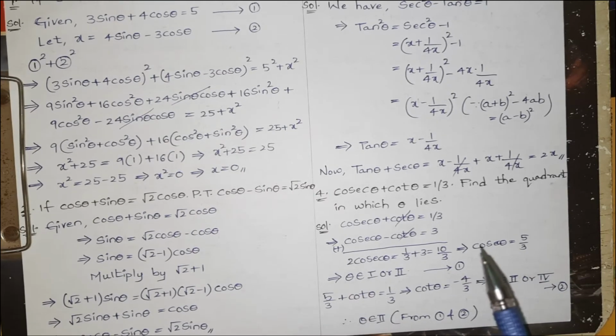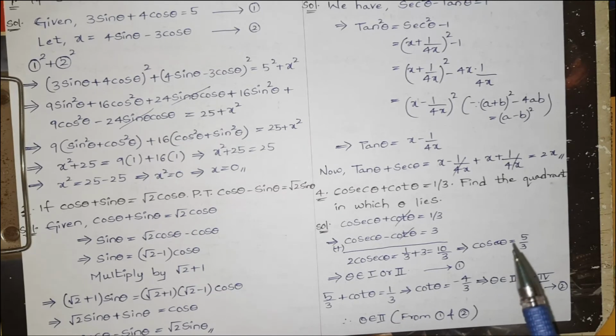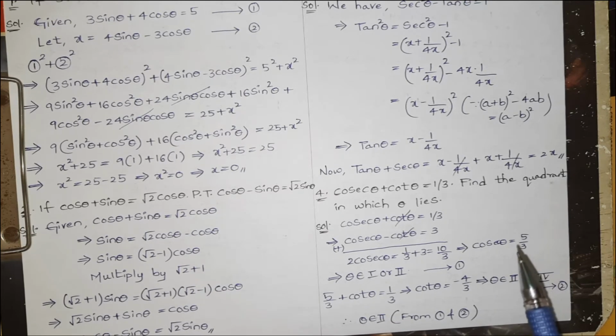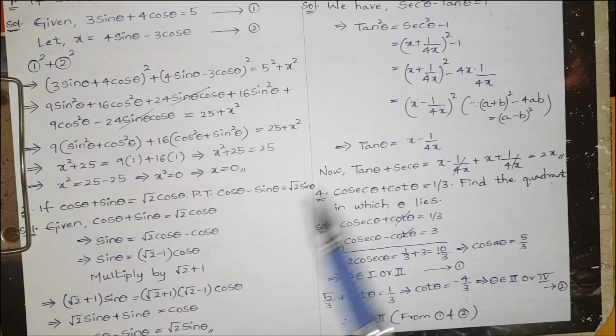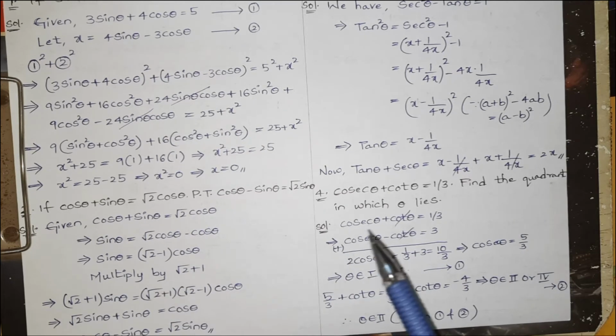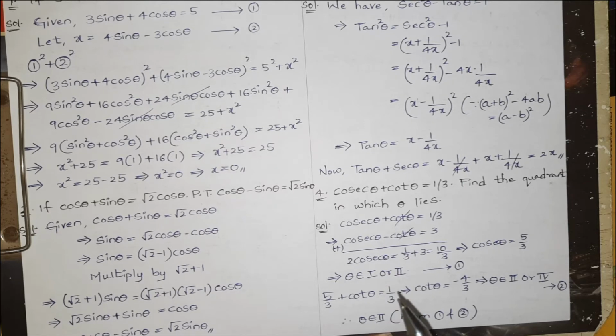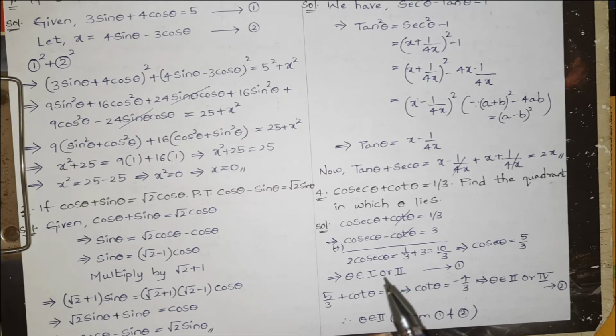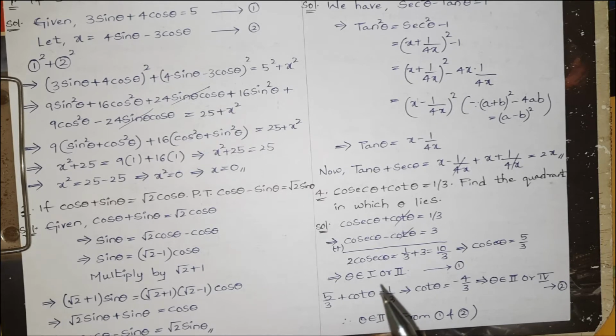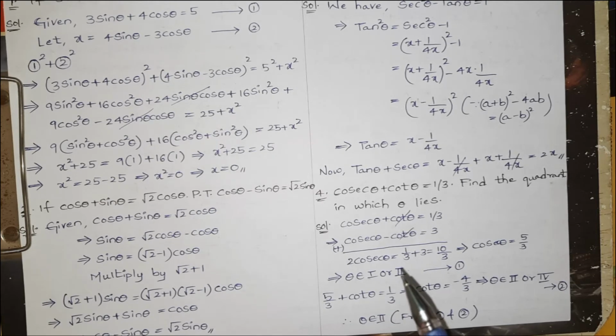So cosecant theta is positive. Here we got the positive value. So if you see the graph which I have given in the first introduction lecture, you might notice that cosecant theta is positive in the second quadrant as well. Cosecant theta is positive in the first quadrant, but it is also positive in the second quadrant. So there are chances of it being positive in both these quadrants.